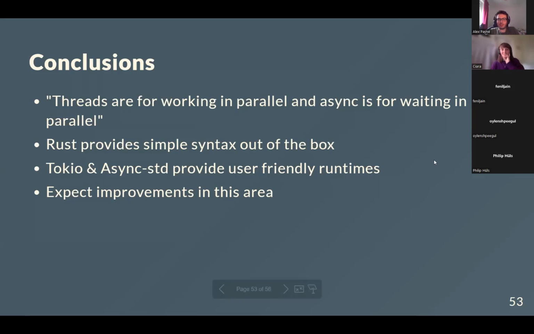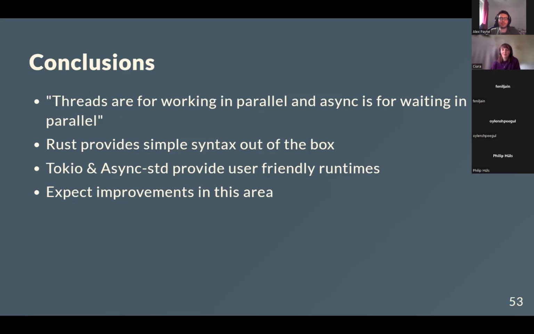Well, thanks very much for taking us through that, Ciara. I do have one less technical question. You mentioned that it's constantly being worked on and improved upon. Do you know of anything coming up in the pipeline for the development of the Rust language, any new features on the horizon, or is it just something that's